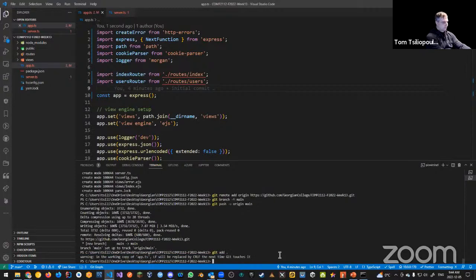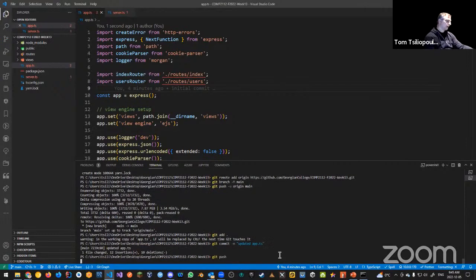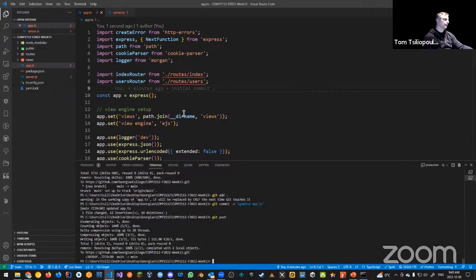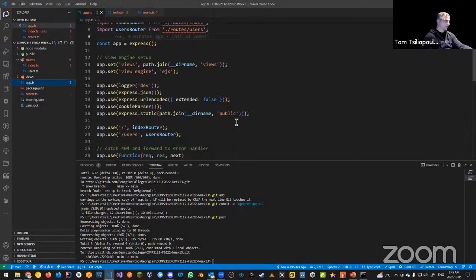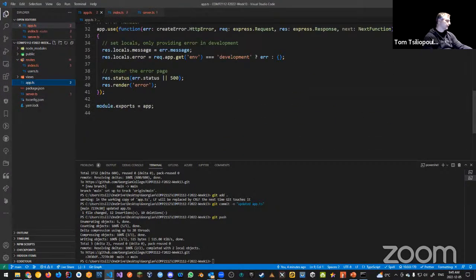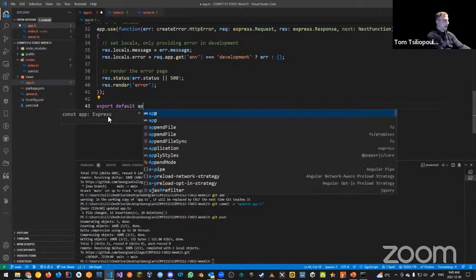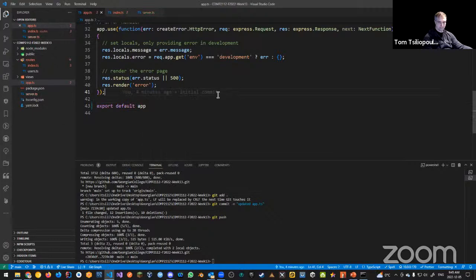And we're going to say updated app.ts. Git push. Okay, so app.ts now looks like it should. Last pieces before we run this for the first time are index.ts. Actually, our app.ts needs one more change. I forgot, which is at the bottom. It can't say module exports is equal to app. We should say export default app at the bottom. Save. Okay, export default app.